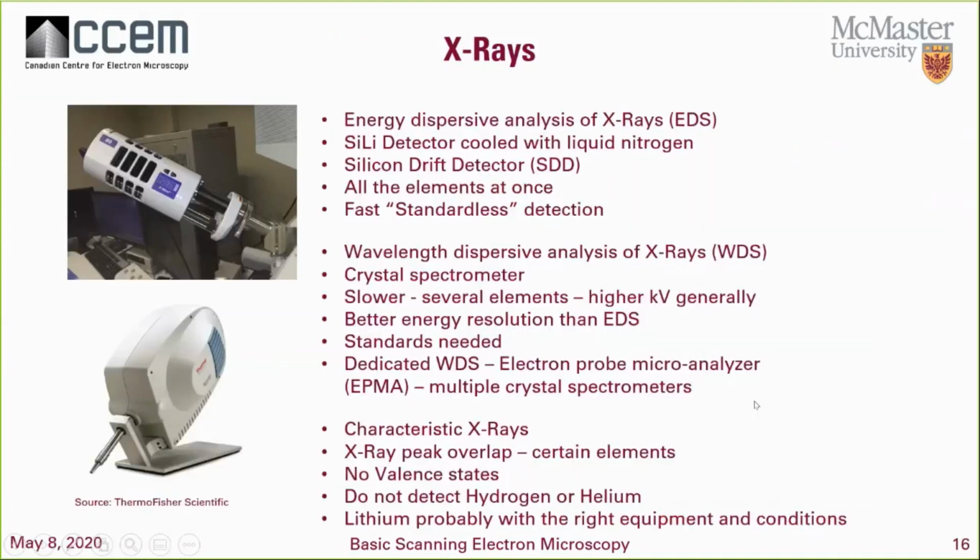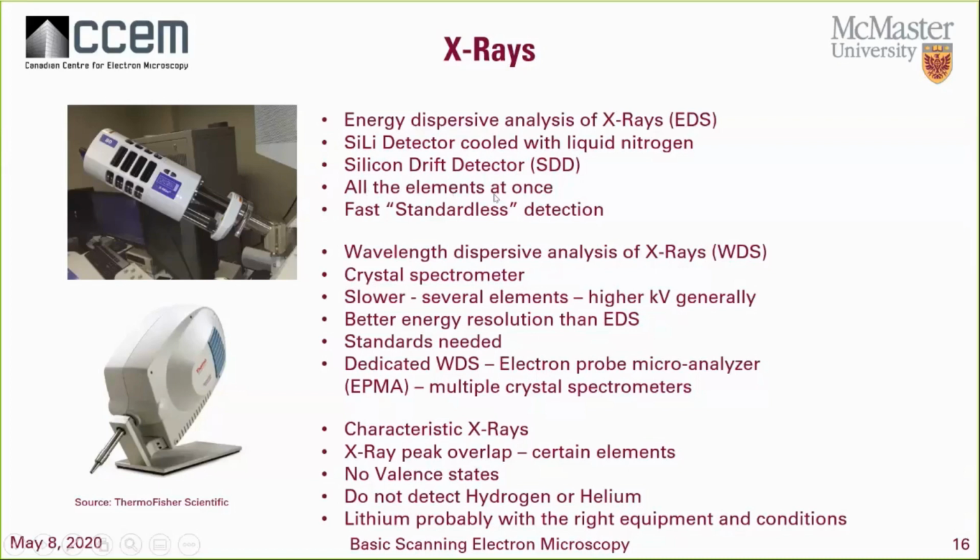So when we're talking about the X-rays that are produced, there are two main methods for looking at X-rays. We have energy dispersive analysis of X-rays, so an EDS detector, the top image. And we have a WDS detector for collecting X-rays as well. The main difference between the two is that with energy dispersive analysis we're collecting a whole spectrum at once. With wavelength dispersive analysis, we tend to be doing maybe up to a dozen elements, and it's a little bit slower, but it has better energy resolution than EDS,